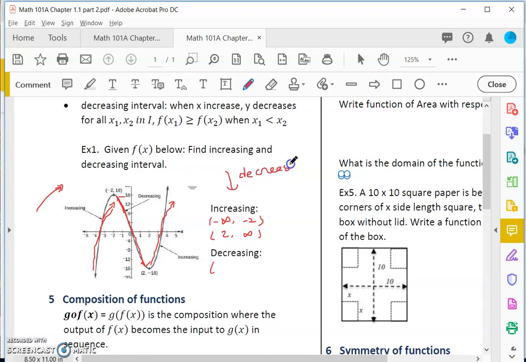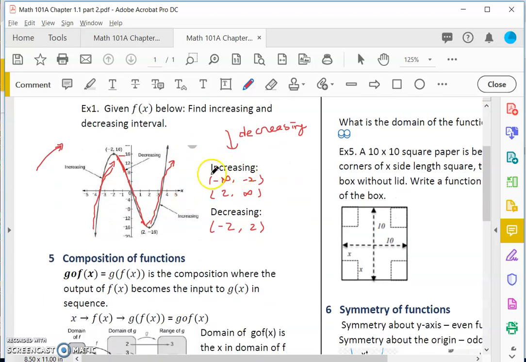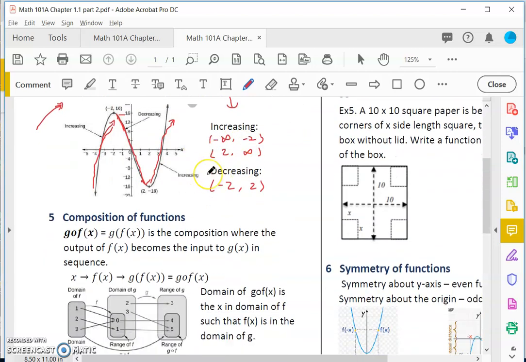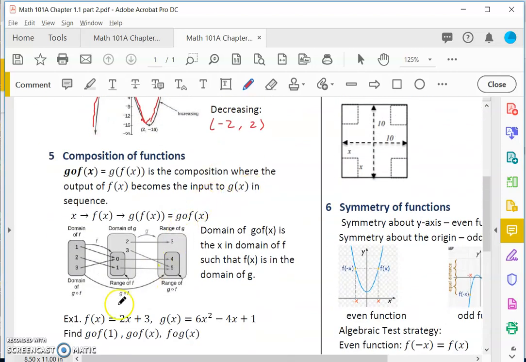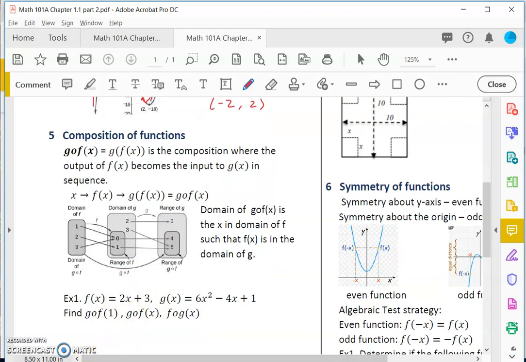That means when x increases, y actually decreases. So when is it? The x interval is from -2 to 2. So when people ask when is it increasing and when is it decreasing, you specify the interval of x. And when we talk about increasing and decreasing, we talk about strictly increasing and decreasing. Okay. So we're going to stop here, and then we will have part 3 about composition and